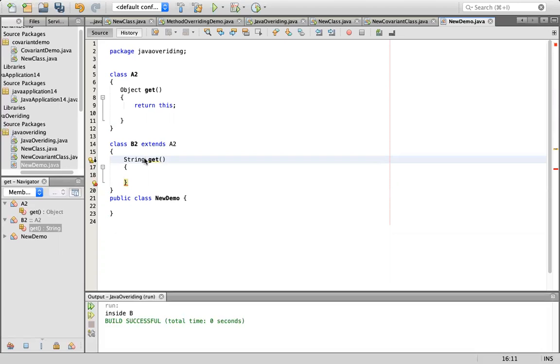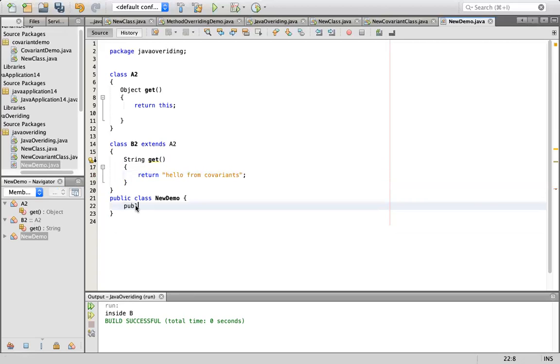So I'm writing a subclass of this Object, and then I'm writing here String. I can return a string. So return "hello from covariance", put semicolon, then the error will go. Now here you declare public static void main, public static void main String args, and